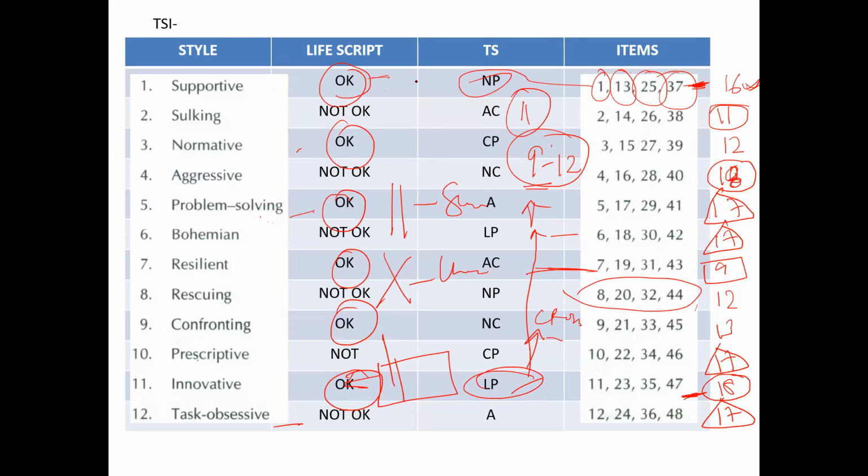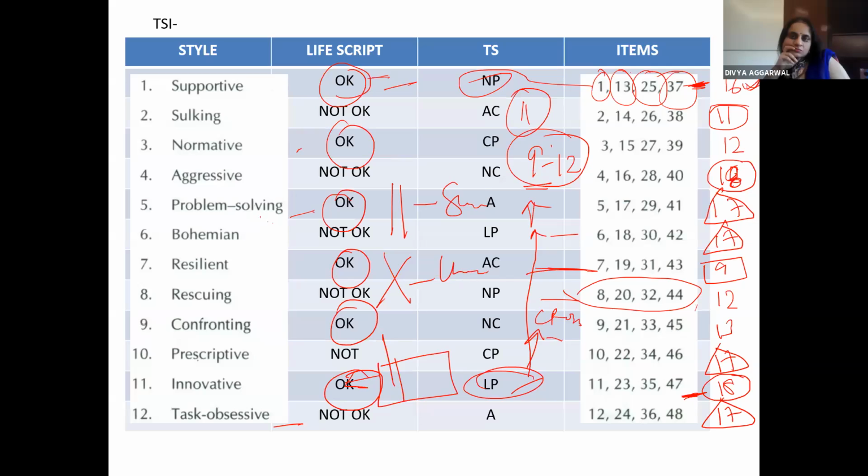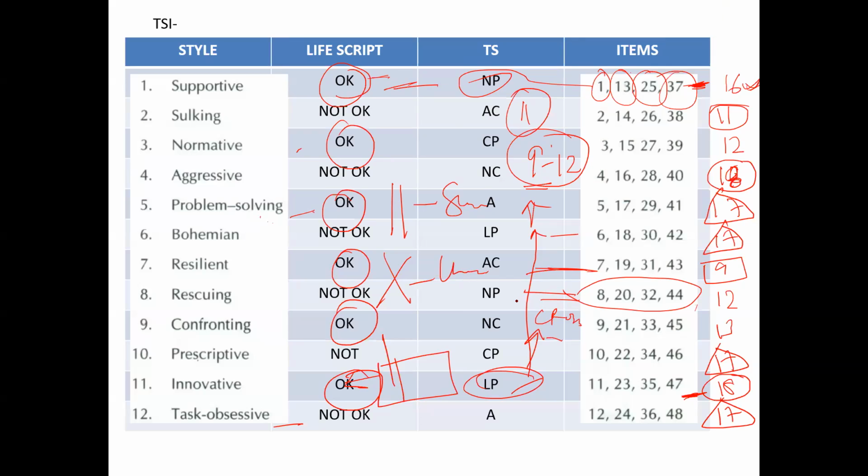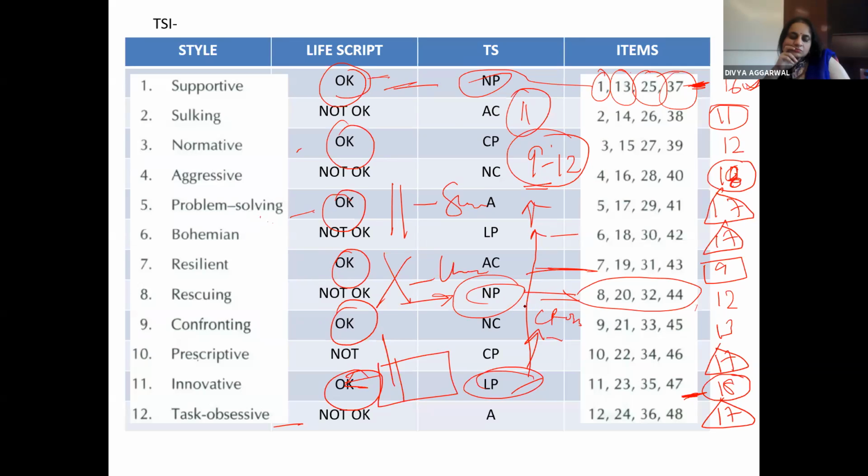So nurturing parent will say, I help my students when they approach me for help. Whereas question number 8 will say, I tend to give advice to people even unsolicited. Look at the difference. When somebody approaches, I give the advice. I give advice unsolicited. Not OK nurturing. Let the person try handling the problem himself or herself. If not done, then I will provide my assistance. Why should I come to rescue children all the time?